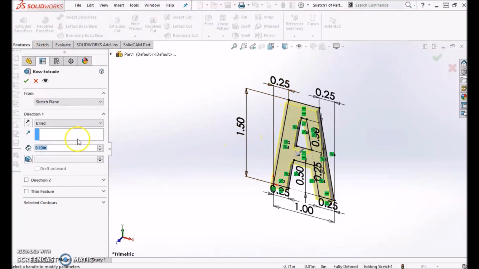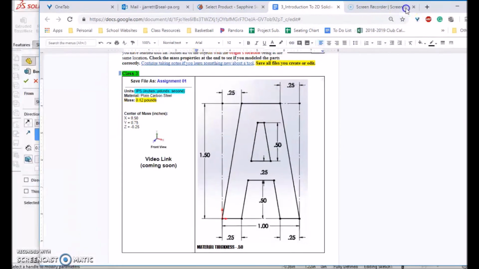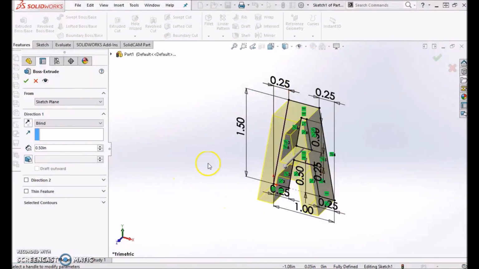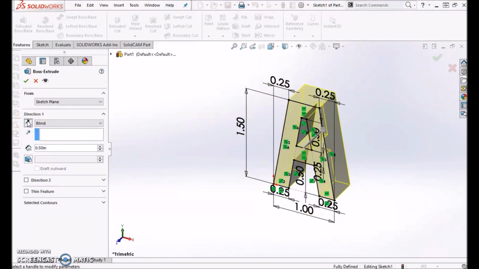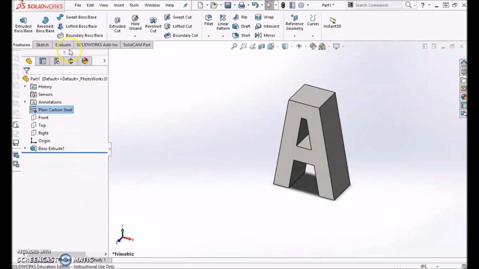The material thickness on the document says 0.5, and it shows a -Z. Looking back at my activity, that -Z is over here on the left. So that means we are going to extrude this backwards. See the arrows coming forward? We want to hit this reverse button over here on the left, and that's going to send it backwards. Then we hit the green check, change your material to plain carbon steel,